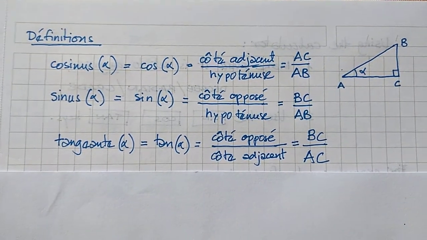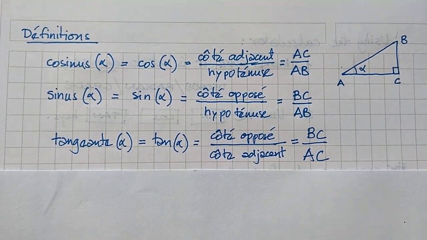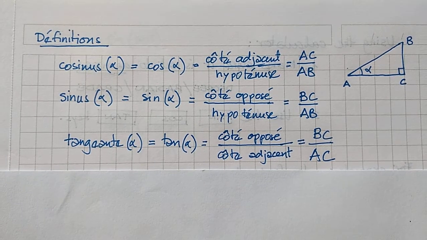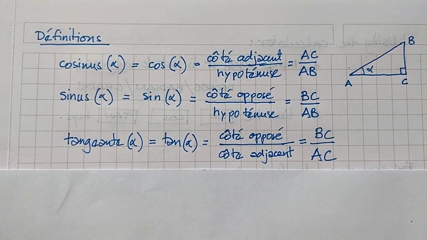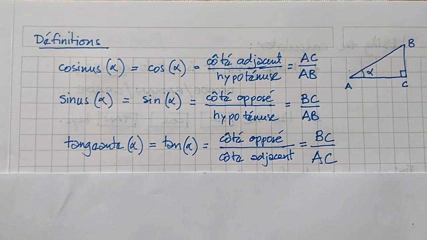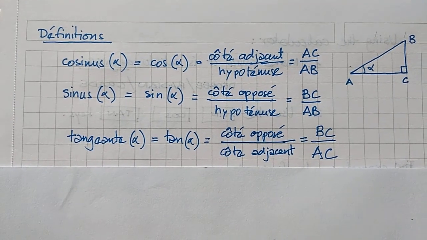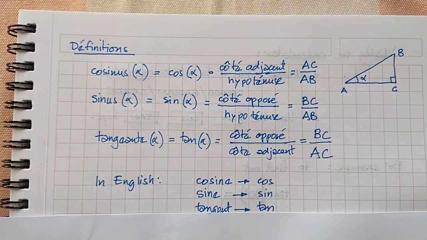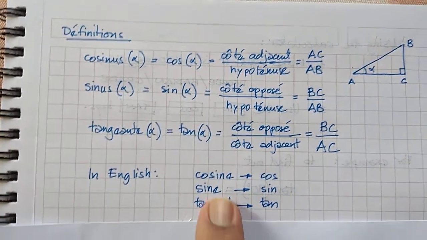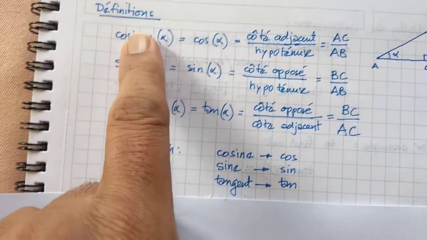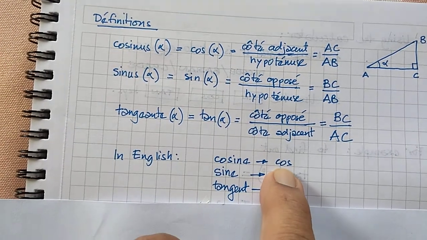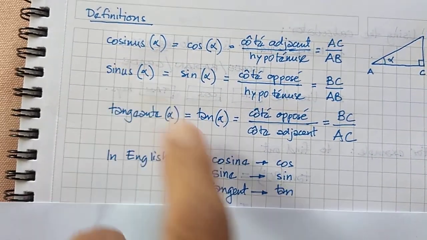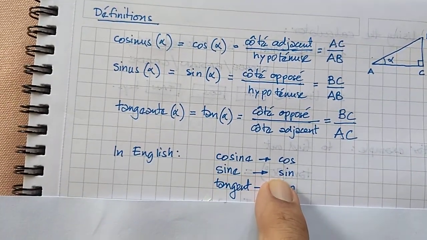These are the three important ratios, and I think you should spend a little time looking at them. In a few days you will learn them very well, which is which, and I'll tell you what they're called in English. In English they're called cosine. This cosinus is cosine. It's called cos. Sinus is called sine. It's called sin.